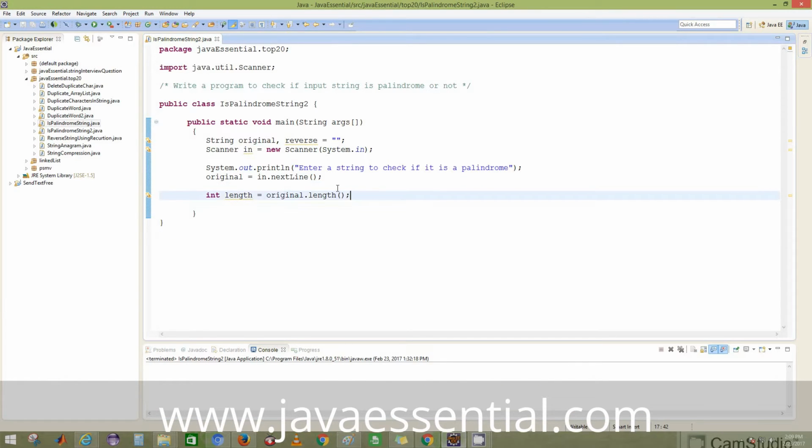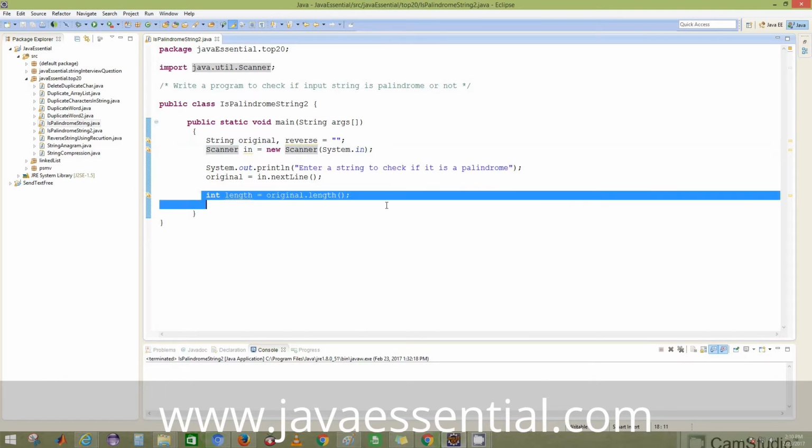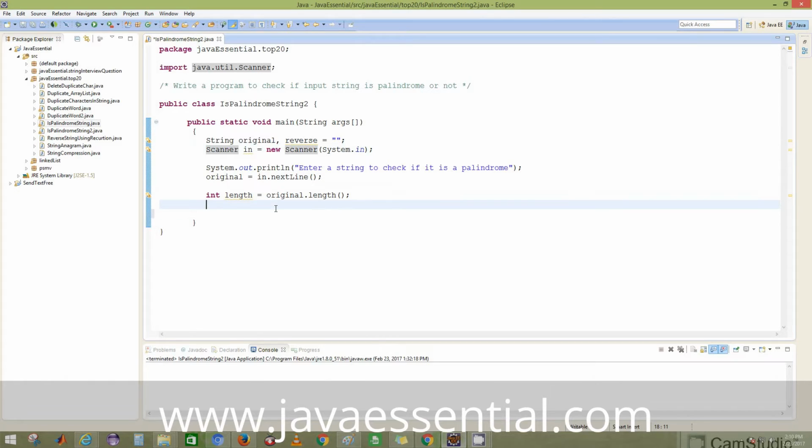So first of all, I have taken input from the user using the System.in scanner, and we have printed, and we just have taken the length of the string so that I can iterate through to the last character. So let me start the code here. What we have to do is go to the last of this character.